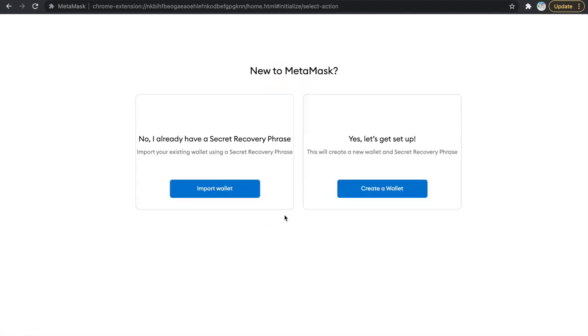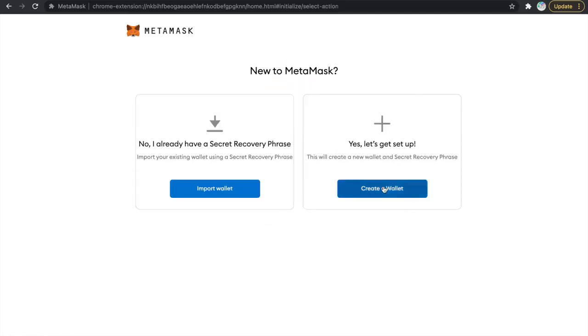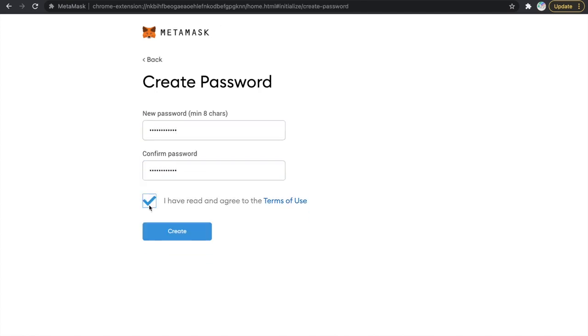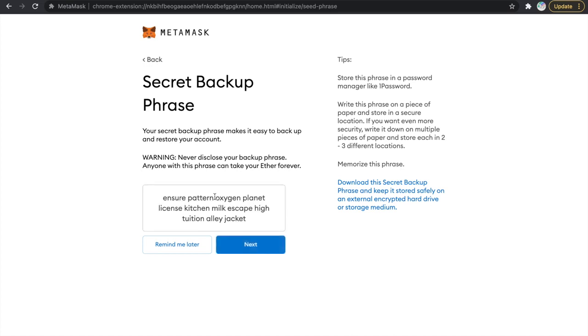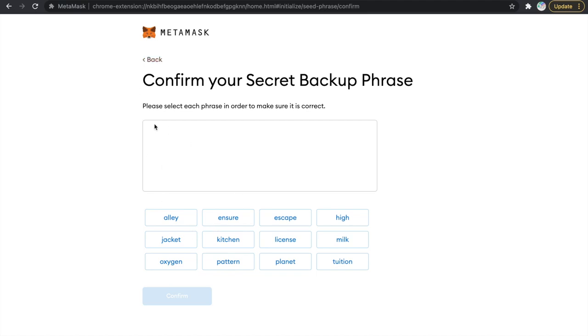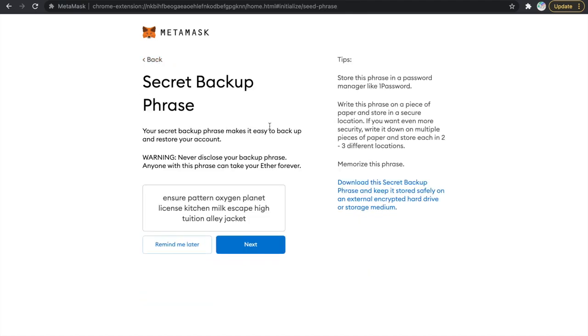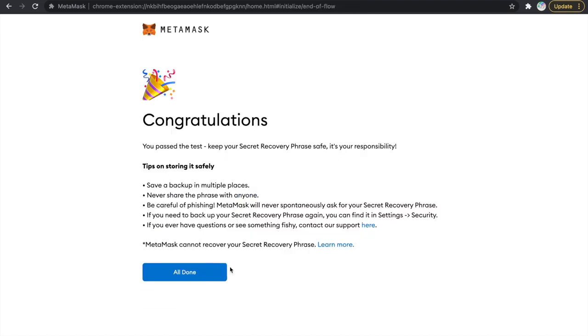Okay, let's start. We will be creating a new wallet right now. Let's create a password. Okay, next. Now this is very important. You need this secret backup phrase and this is what you will be inputting in your mnemonic. So this is your mnemonic. This is 12 words in a human readable format. Now this mnemonic is actually used to generate your account keys, as such your private keys. So you should never share this with anyone. Okay, so you have to confirm those words over here. Let's click confirm. All done.